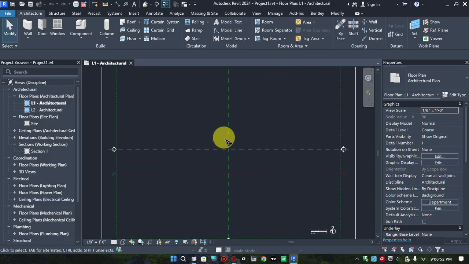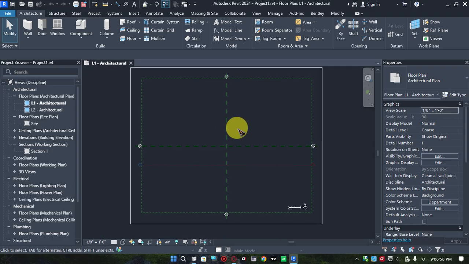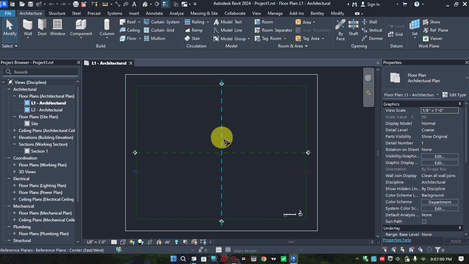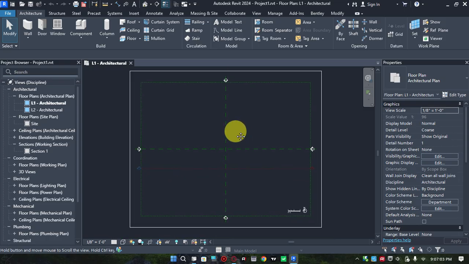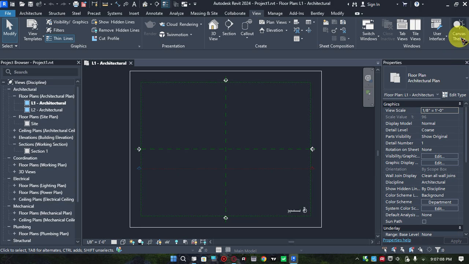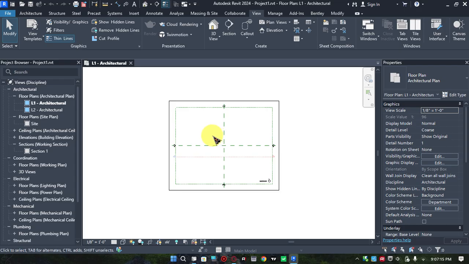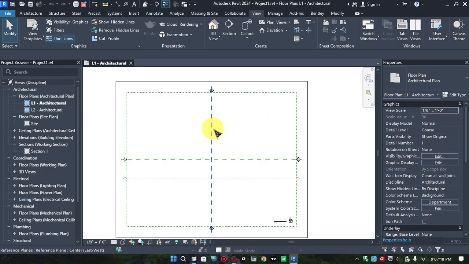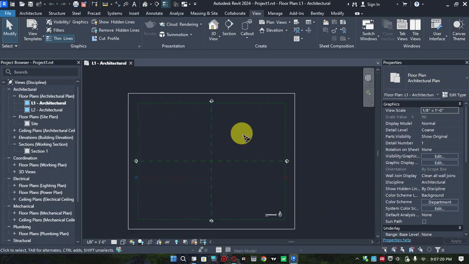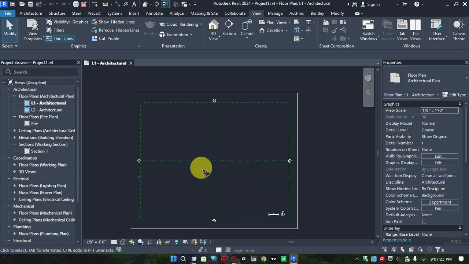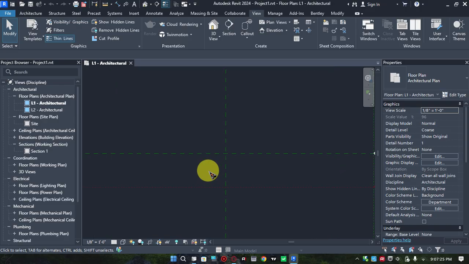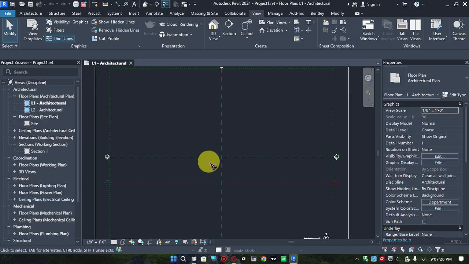we have our project working space. Don't mind this background, it's just canvas. You'll be able to change it from here if you just come to canvas. I can switch to the white paper if I want to. Yeah, let me just do it, having white paper and so forth. But I love to use the dark theme. Now we have our